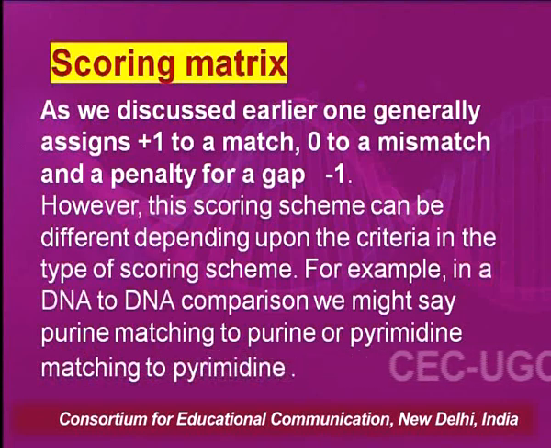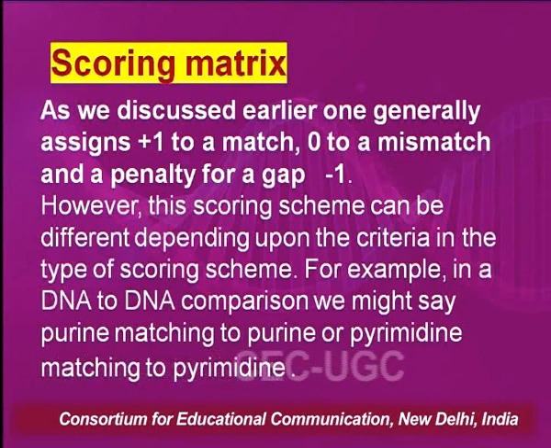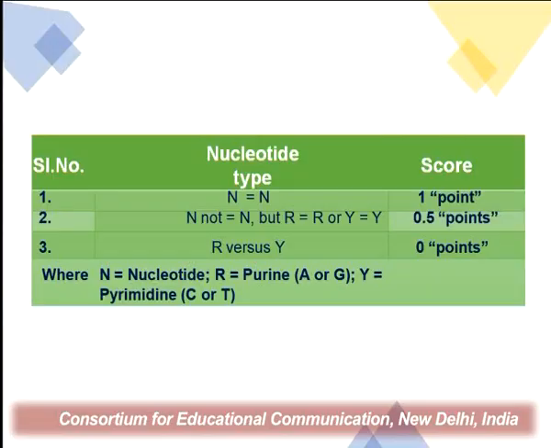For example, if I would be designing a scoring matrix for DNA, I might feel that if a nucleotide is exactly matched, I give it more marks. I might consider that if a purine is matched to a purine, I give a score to this, and a pyrimidine to a pyrimidine. So the scoring matrix is designed based on previous experience or your way of taking things, meaning what is your aim and objective of this matrix design. So I said for nucleotide sequence alignment, we could use any of these.